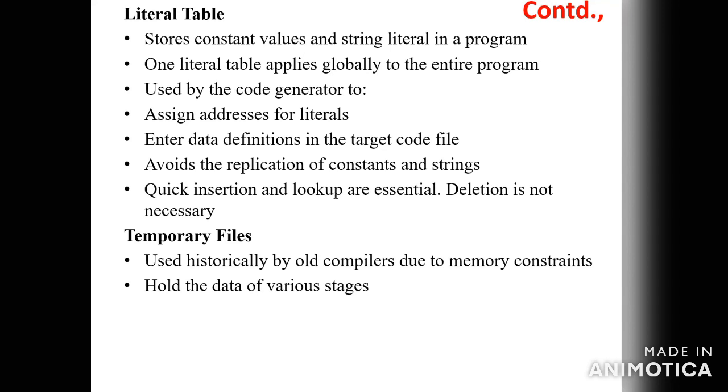Then what is finite automata? Automata are of 2 types, NFA and DFA. The problem is conversion of NFA to DFA: how to convert an NFA to a DFA, then how to do minimization of DFA, based on the subset construction algorithm. This is the only problem for your first unit.